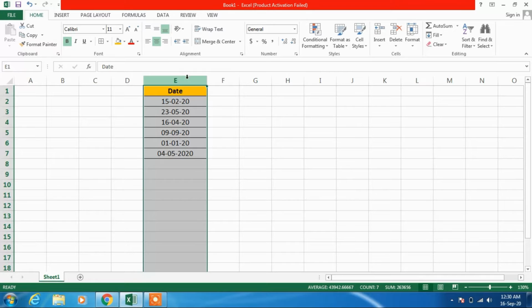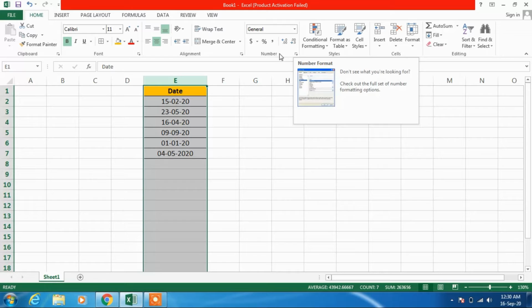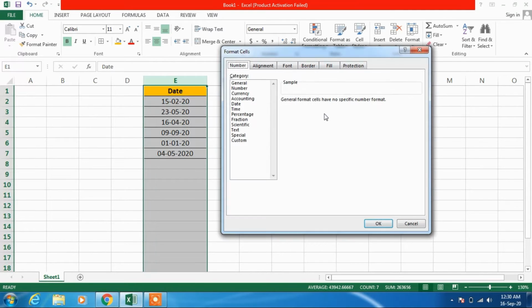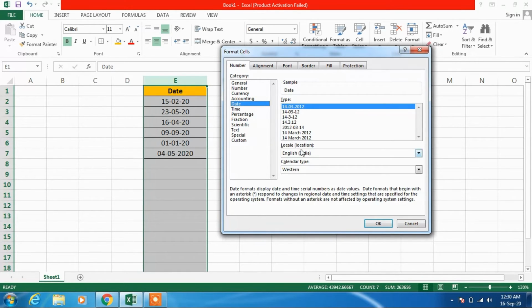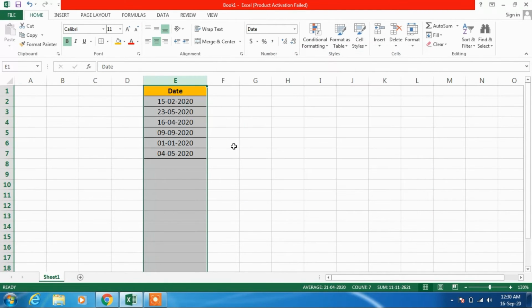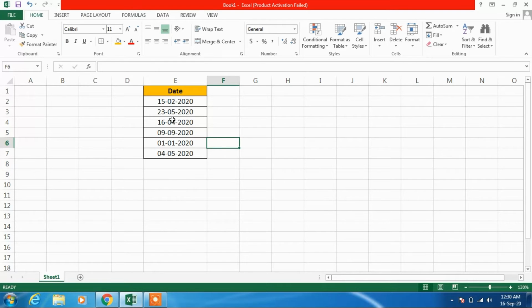By doing this, it will select the entire column, and now again click on this small icon in number section, and under category just select this date, and you can see that the required format is already selected. So just click on the OK button. So you can see that we have successfully changed it to DDMMYYY. So this is the Indian format.